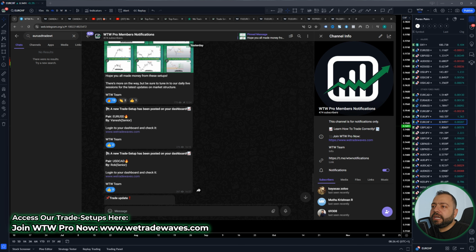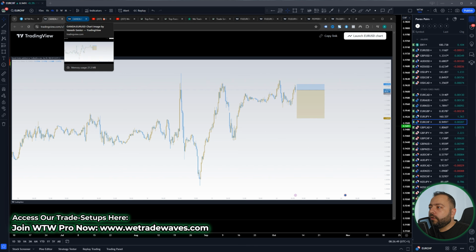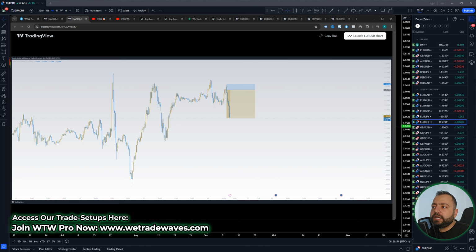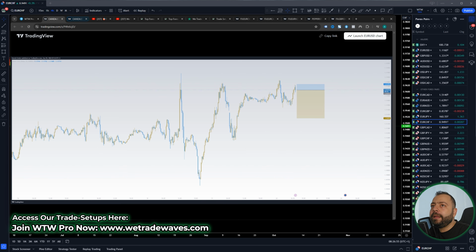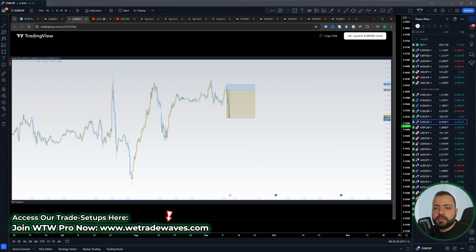This Euro dollar trade that was shared by Vanish here hit the target in the next 1 hour only. And look at this. This is a 5-to-1 trade. You can call it a 4-to-1 trade, it doesn't matter. But look at this. This was the setup and this was the outcome. Crazy, isn't it? So are you counting, guys, with me the trades that have hit the target? Of course, we have losing trades. But because we know how to manage the trades, how to go for a good risk to reward system,